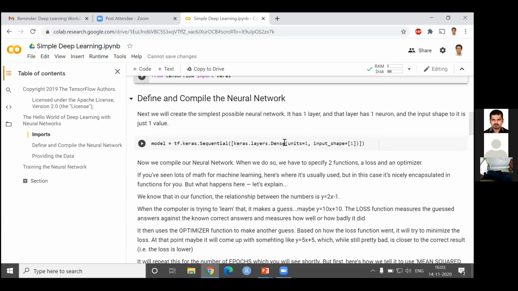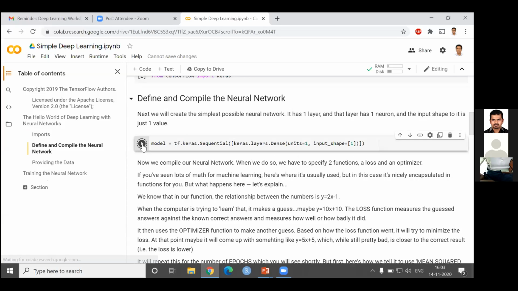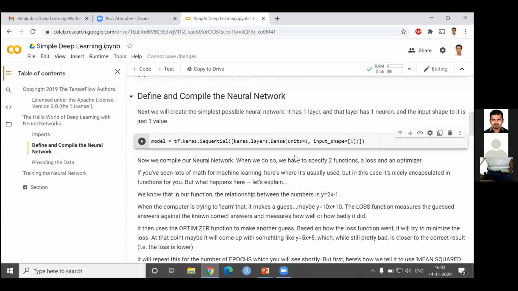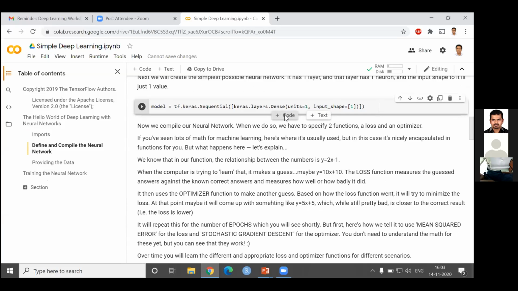Dense is the function given by Keras to define the neural networks. So here you have one unit, a single neural network, and you also have just a single input. You can run it either through Control Enter or Shift Enter, or by clicking on this run button. Okay, so now we have created the neural network.